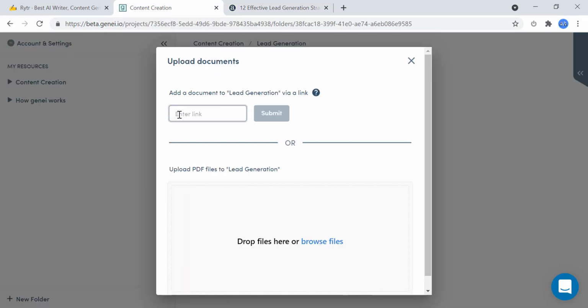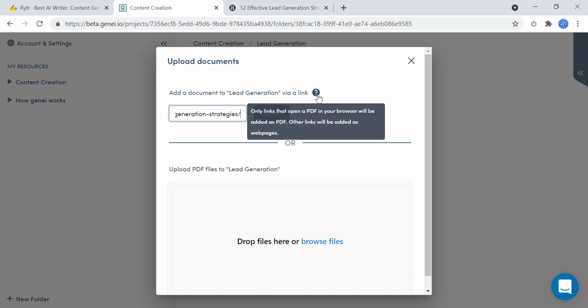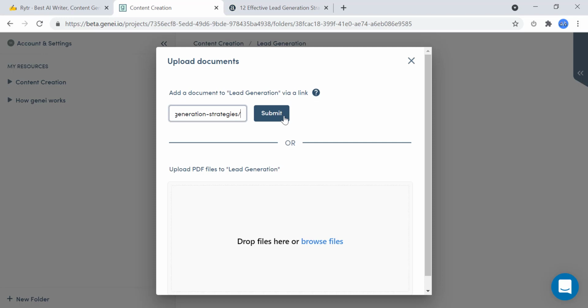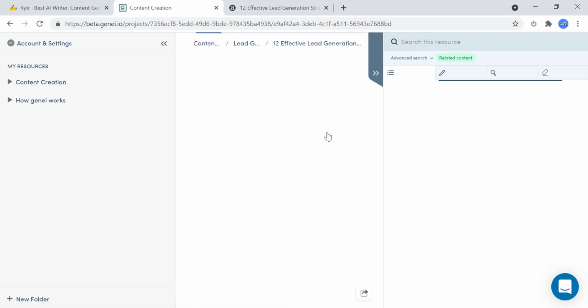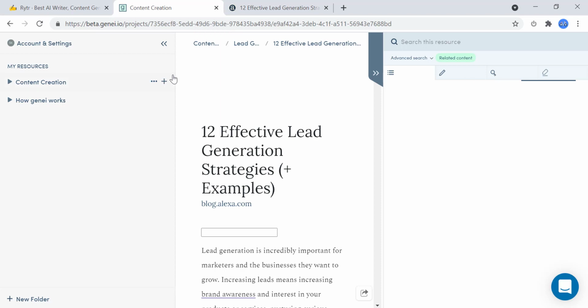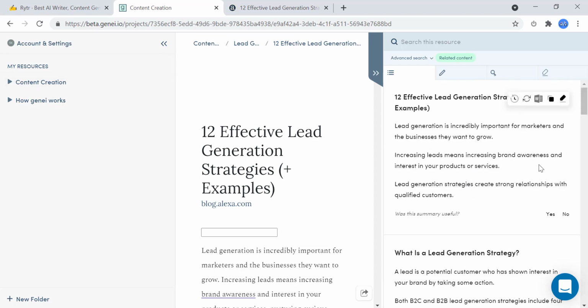Copy, just enter the link over here, paste it, and you can use either a PDF or a web page to upload it. Okay, the moment you click submit here, Genie will read the file and start summarizing it. Let's go. So now they are working in the background. Yeah, you can see that the titles are already here. Okay, so we just single click, not double click. Okay, you can see that in less than 30 seconds, the summarized version is